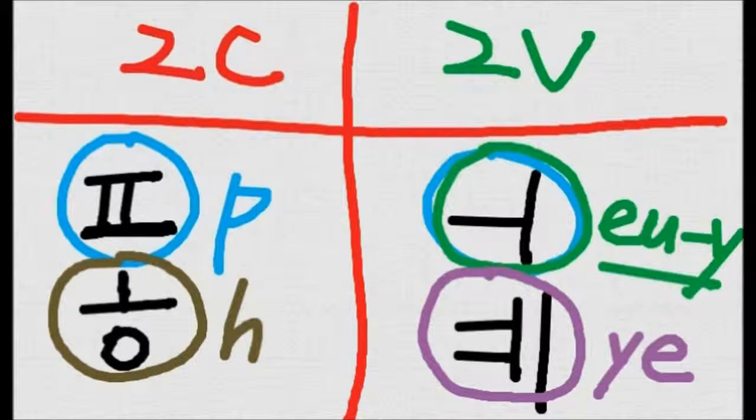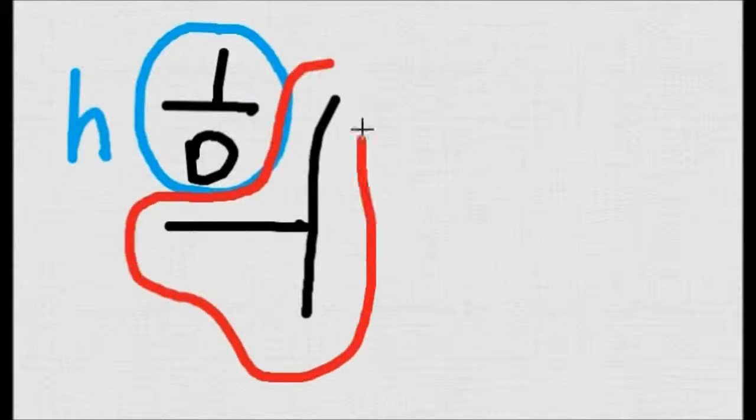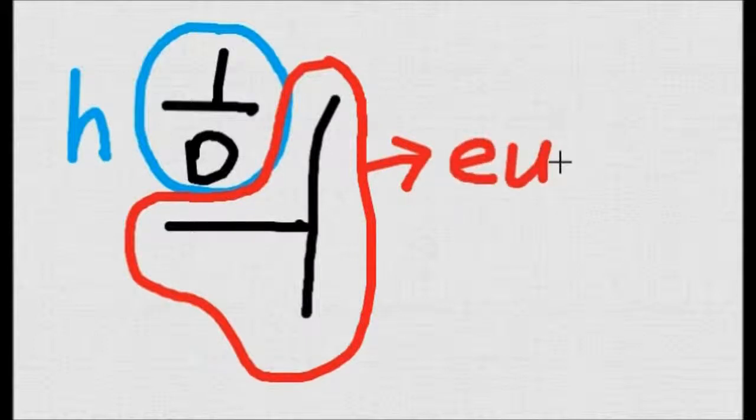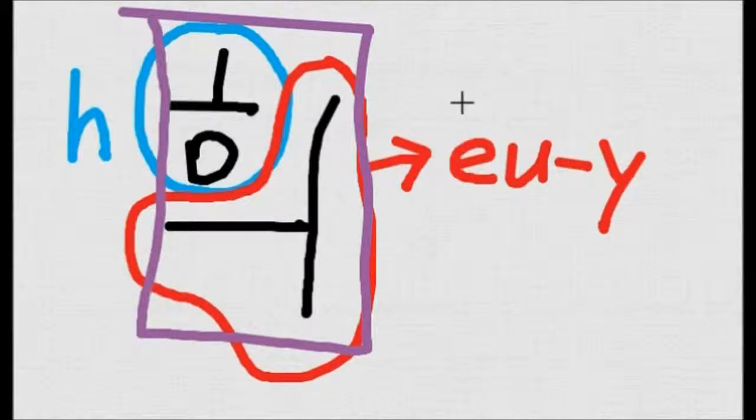Let's practice some examples. Here is the first exercise. How can we pronounce this? As we know, this one sounds like H. And the next one, this whole thing is the vowel, and it sounds like U, E. If you pronounce it faster, it sounds like Ui. So, all together, the word sounds like he.